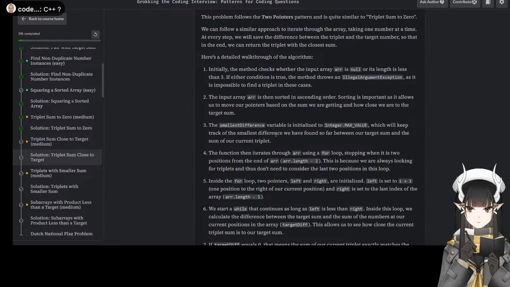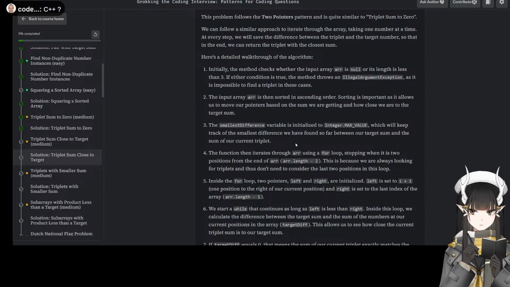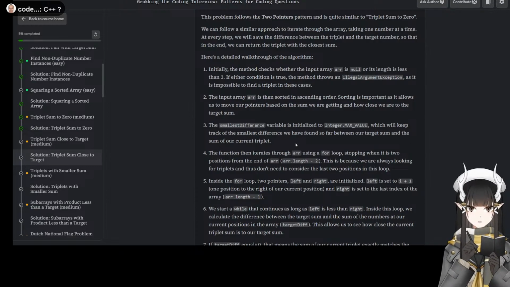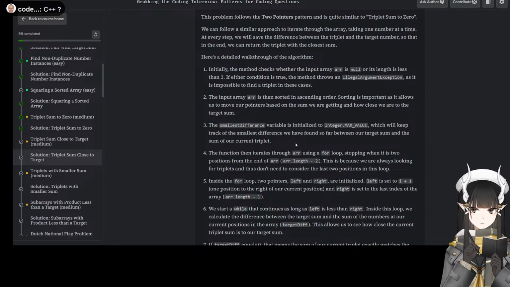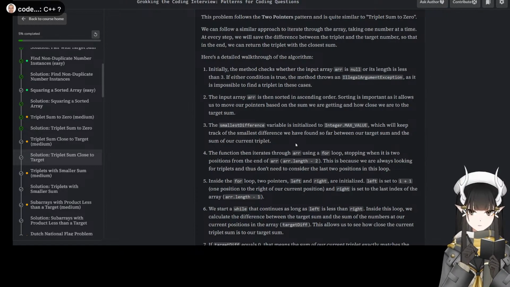Which you keep track of as the smallest one so far. Yeah, that's correct. I have that. The function then iterates over the array using a for loop. Okay, I did that. Stopping when there are 2 positions from the end of the array. This is because we are always looking for triplets and do not need to consider the last 2 positions in this loop.